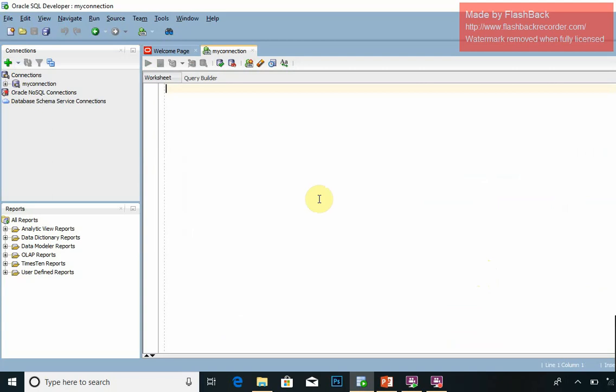Then you can create a new user, a new table space, anything that you want. In this tutorial I will tell you how we create a new user. Before creating a new user, you have to create a table space for that user. For creating a table space you need a command, and the command we use for creating a new table space is